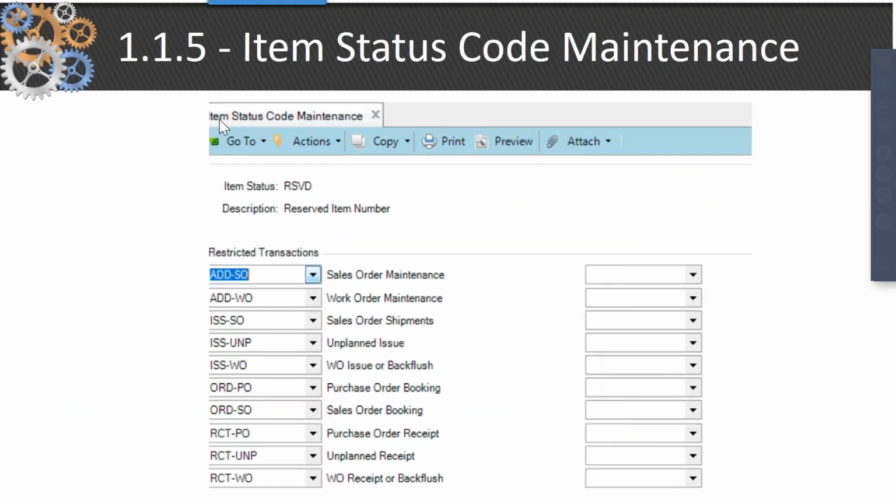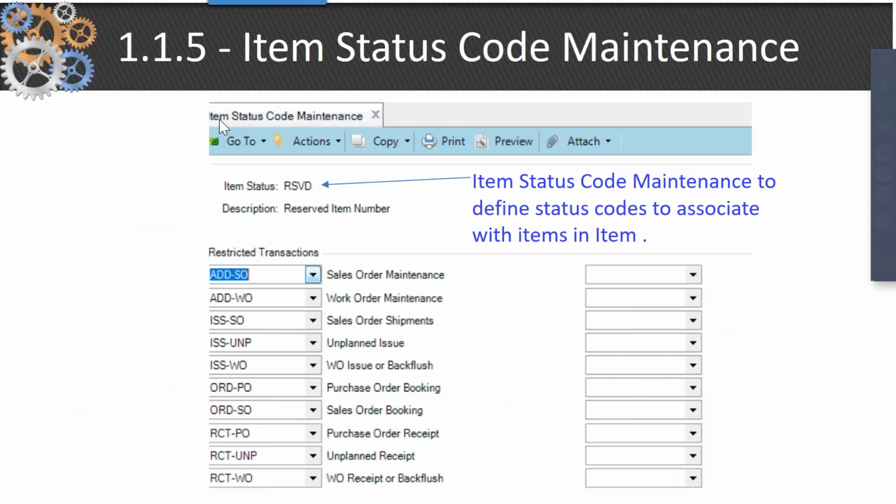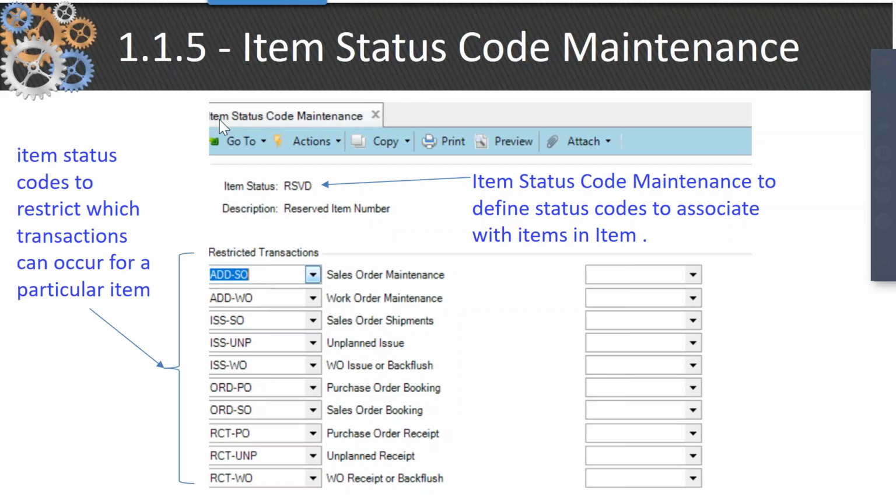There's the item status code. We talked about item status codes. This can help define the life cycle of the planning through design, production, obsolescence. This particular example gives us a reserved item number, and there are various transactions that are restricted against a particular item status code. So if you finally release this into production, you change the item status code to prod, and